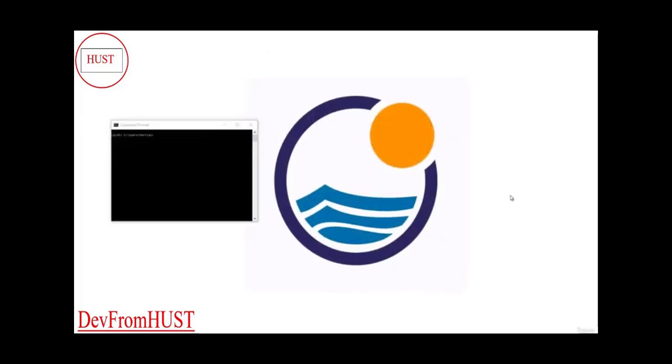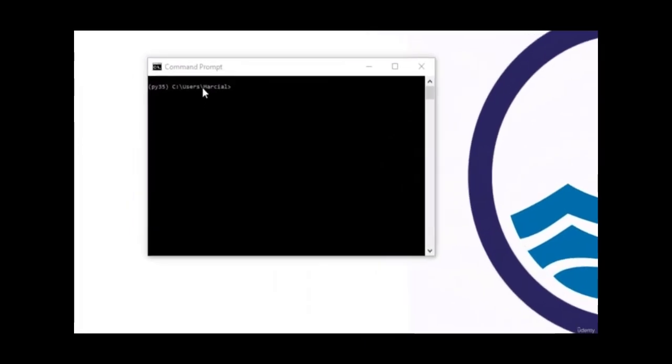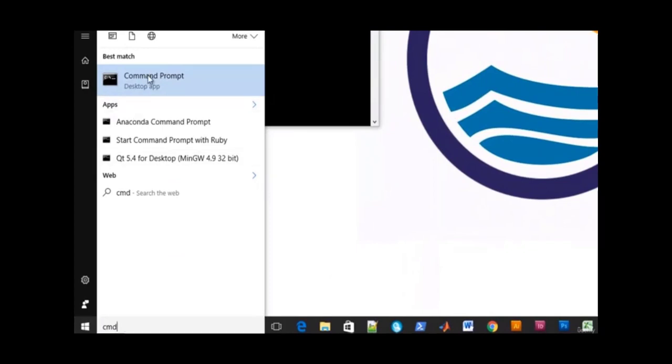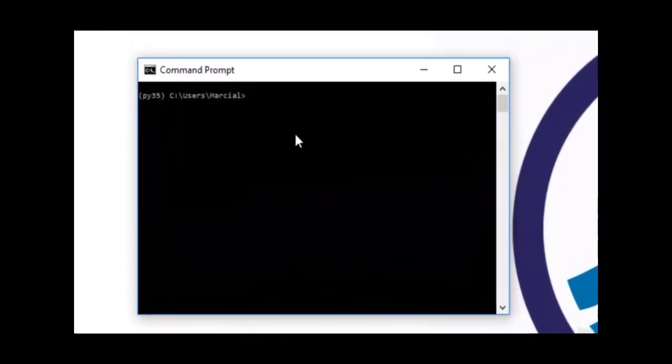Alright, here I am at my command prompt. As a reminder, if you're using Mac OS, go ahead and just use your terminal for this. If you're using Windows, just go ahead and come over here to start and type in CMD and select your command prompt. There's also an Anaconda command prompt. You can use that as well. That's the command prompt that comes with the Anaconda distribution. Alright, so you'll go ahead and come to this command prompt and then type in